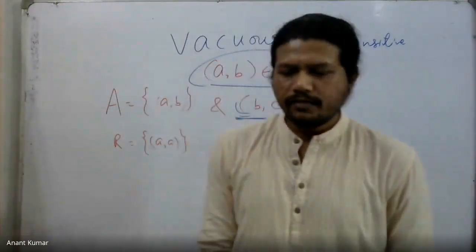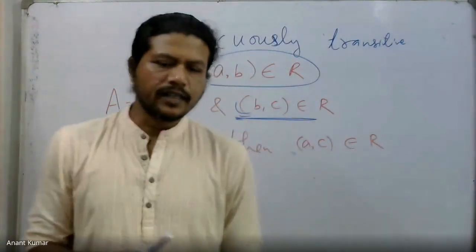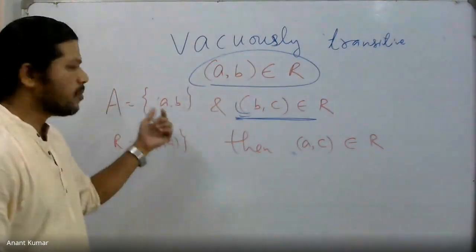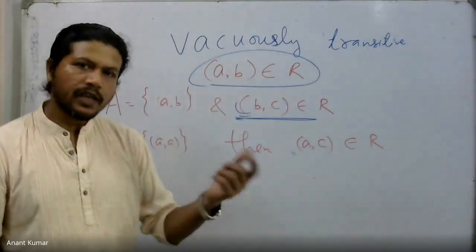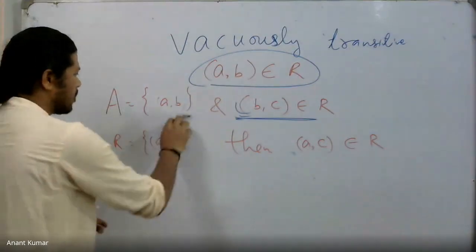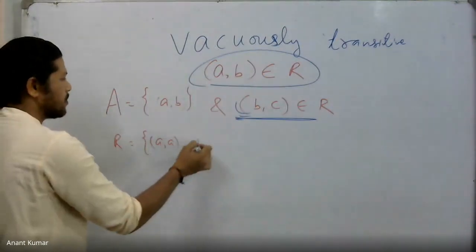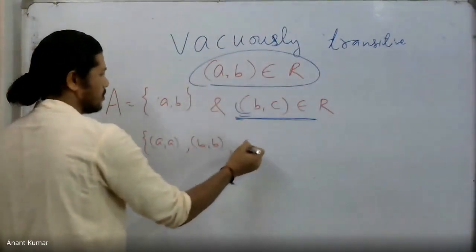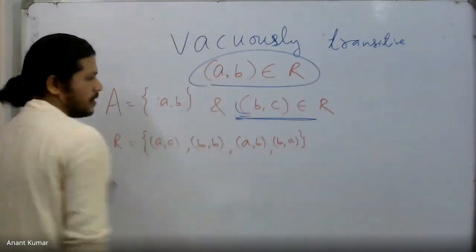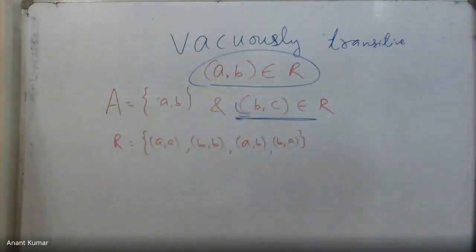Exactly, that's correct. In fact, it is true. It has to be an identity relation actually. If we get, for example, 1 comma 1, 2 comma 2, like in this case, A comma A and B comma B are there, but we also have A, B and B, A, then obviously it is symmetric, not antisymmetric. Okay? Yes, that's correctly pointed out, Anvesha. I overlooked that particular fact. For example, this particular relation is indeed reflexive.